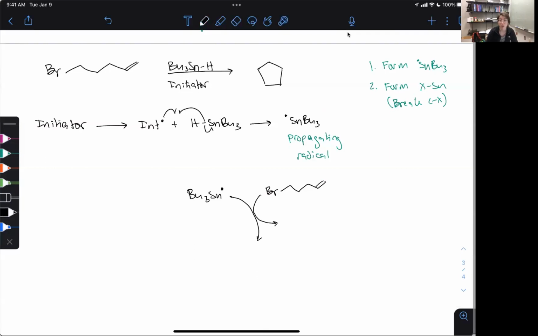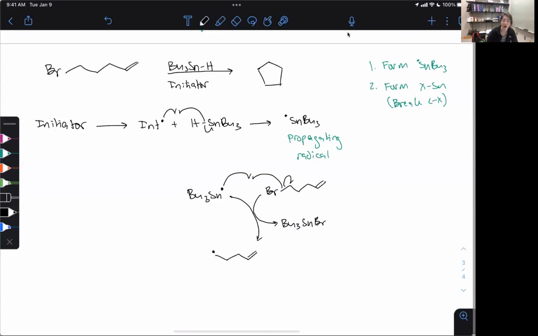So the first thing that we're gonna do, we're not gonna go for the alkene, we're gonna go straight for the halogen. The reason for that is that the tin halogen bond is a lot stronger than a tin carbon bond. So we're not going to be going for the carbon with the tin, we're going to be going for the halogen. So that tin radical is going to go grab the halogen and make a carbon radical in the end, okay? So that comes out as tributyl tin bromide and has made